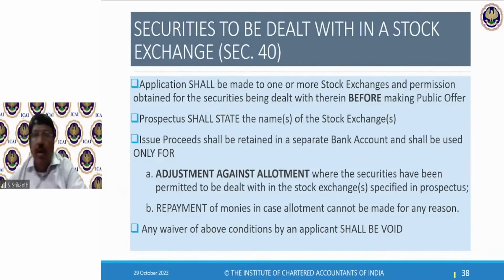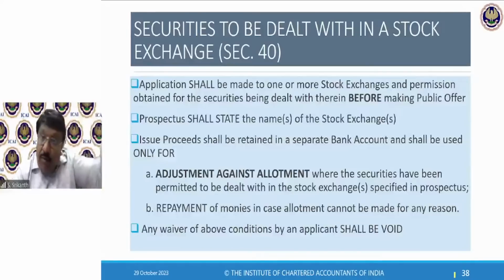Okay, now the prospectus shall state the name of the stock exchanges. I'm sure you are aware that there are 2 stock exchanges. One is called National Stock Exchange, the other is called Bombay Stock Exchange, abbreviated as NSE, BSE. NSE is a new entrant. BSE is pre-independence. BSE was formed before India got independence. Very old institution. In addition to that, there were other 22 stock exchanges in India. All the stock exchanges are now closed because no need.